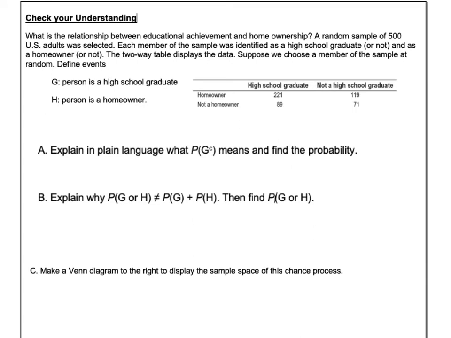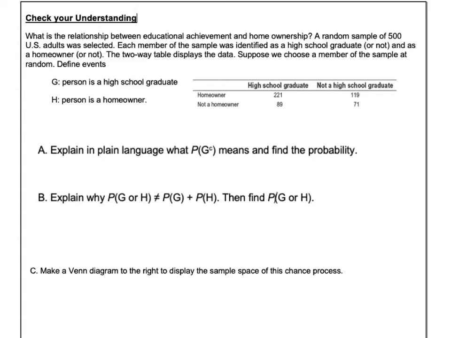In the next example, you're given a two-way table. So you could convert this to a Venn diagram if it's your preferred way, but I want to show you actually how to work with two-way tables. First of all, what is the relationship between educational achievement and home ownership? A random sample of 500 U.S. adults was selected. Each member of the sample was identified as a high school graduate or not, and as a homeowner or not. The two-way table displays the data. Suppose we chose a member of the sample at random. Define events. So G is a person who is a high school graduate, and